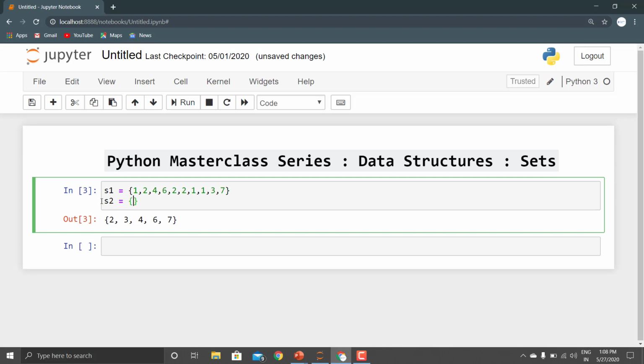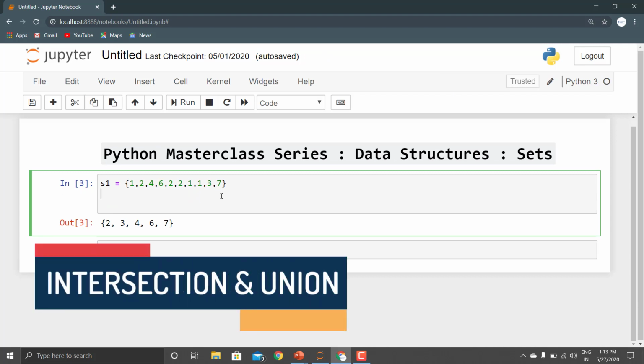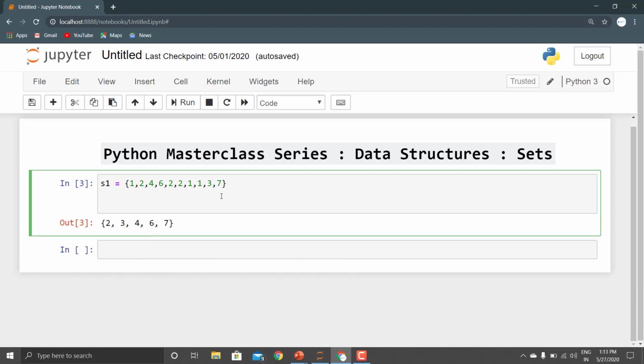Let us make another set named set 2, which has the elements 2, 4, 6, and some newer elements like 9 and 10. Basically, the intersection between two sets is those elements which are common in set 1 and set 2, and union is all the elements present in set 1 and set 2.